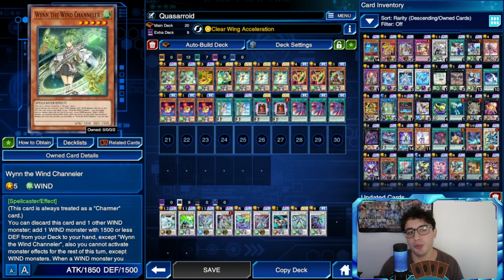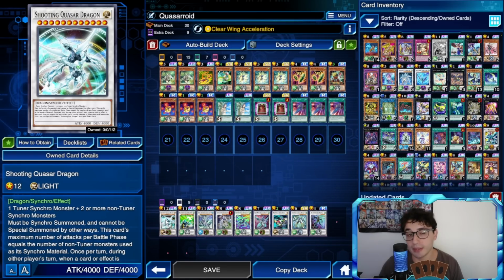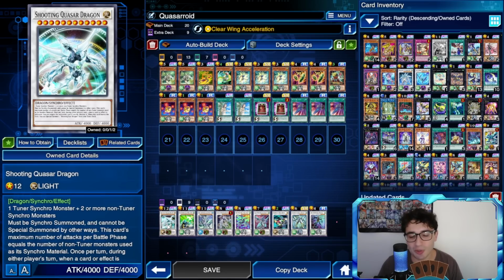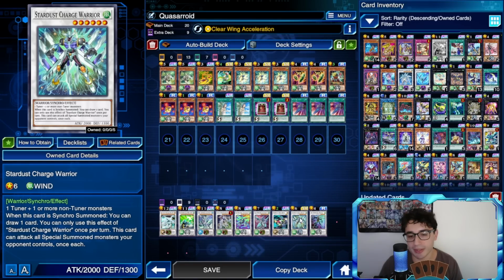But instead, if you use Win, for example, to search the Terror Top, you can still summon QUASAR, but of course you're not gonna benefit from the effect of Formula Synchron because you just can't activate it, so no draw. But basically the line to go into QUASAR is Formula Synchron, Stardust Charge Warrior, 2 + 6 is 8,